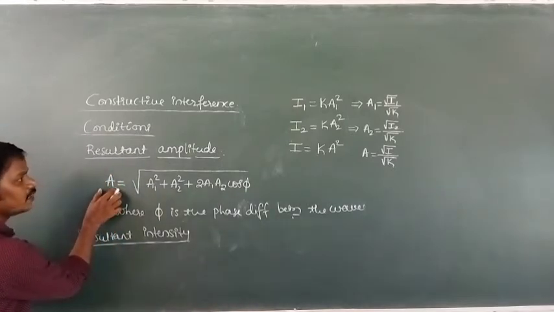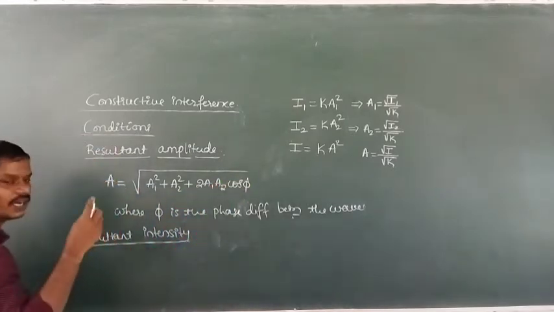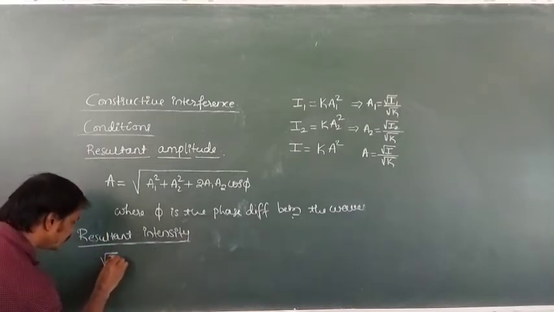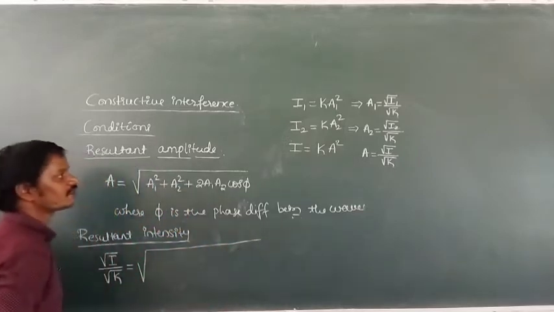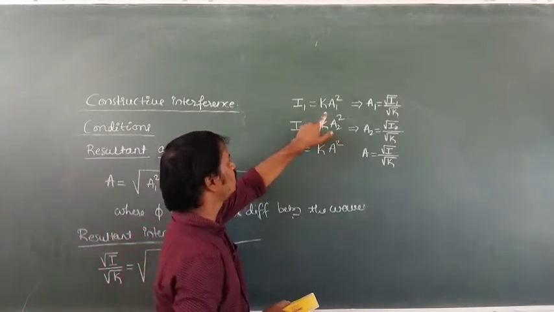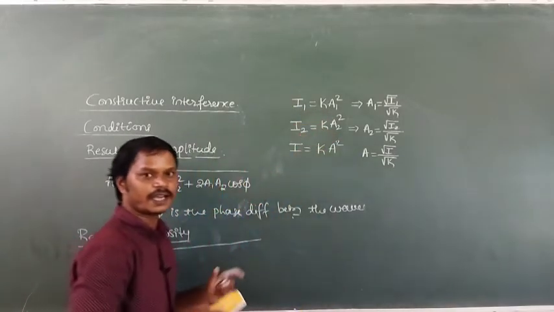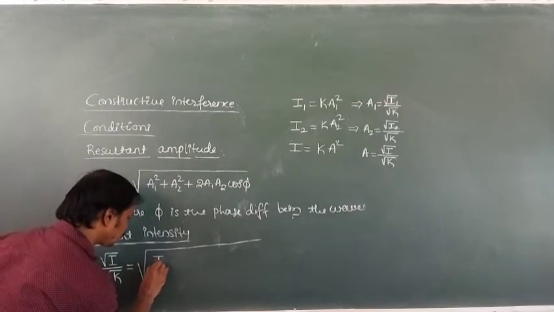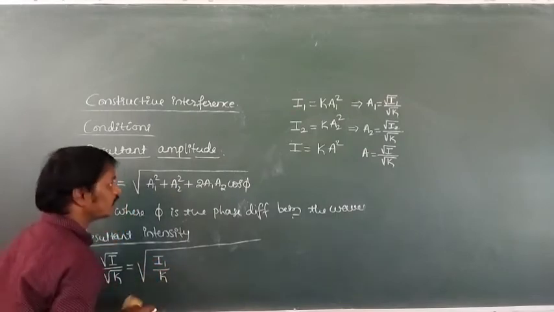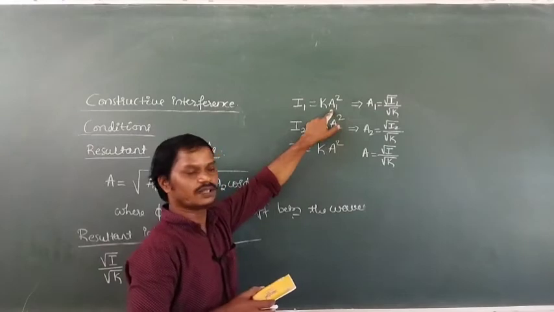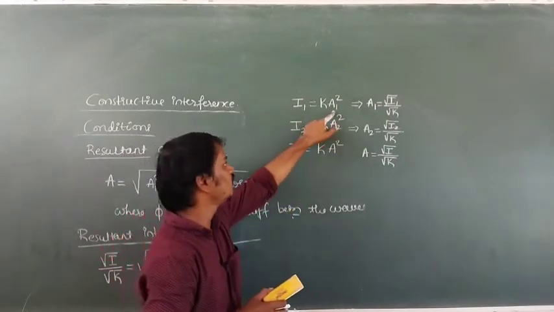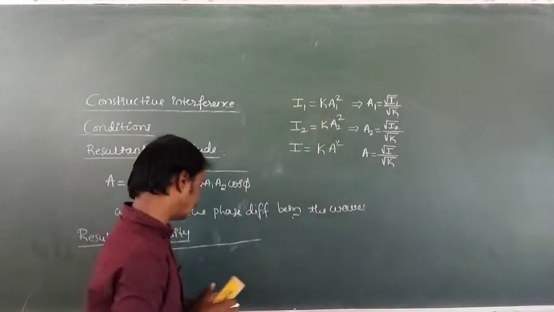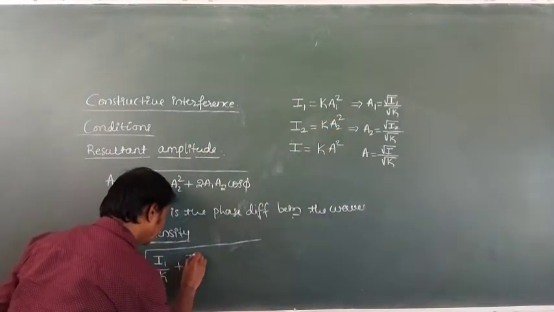Now what about A? A is nothing but square root of I by square root of k. Then A1 square is nothing but I1 by k. See here, we need A1 square. What about A1 square? I will take this k to the left hand side, that comes to the denominator. Then A1 square is equal to I1 by k. Then A2 square, I2 by k,